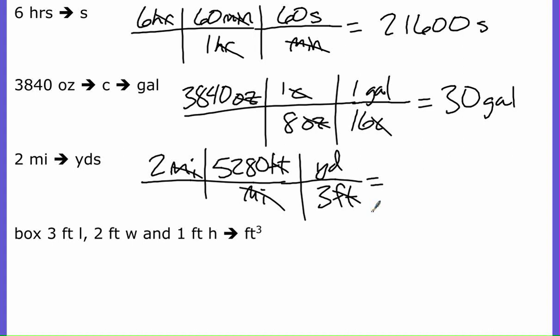So 2 times 5,280, and then divide that answer by 3, and you're going to get 3,520 yards. So again, it's all just about a strategy here. This last problem